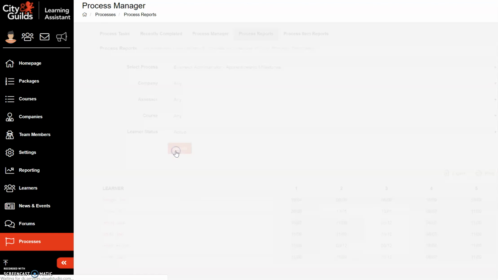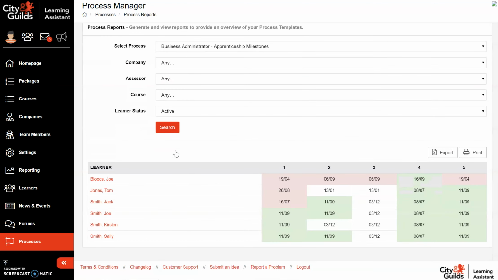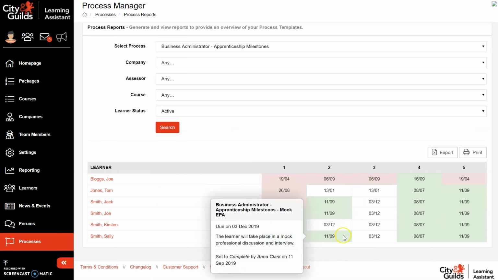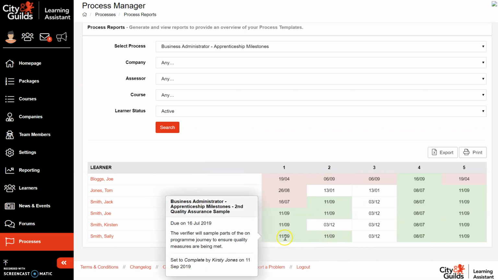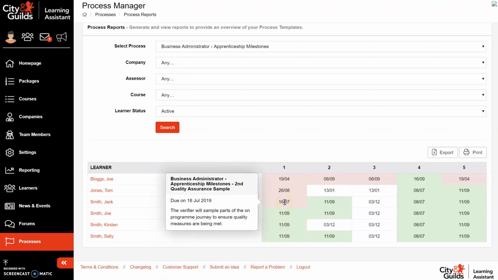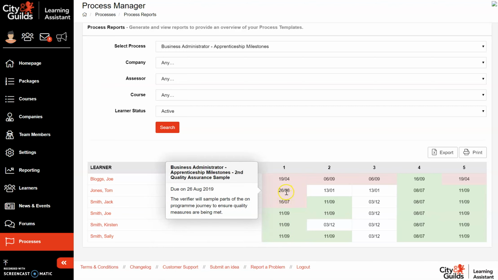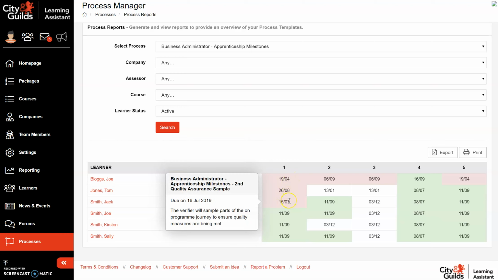Now if I come and click on this, we can see it gives us a really nice key at the bottom to tell us whose tasks have been signed off and whose are still outstanding. So what this means is for Sally Smith, this was actually due on the 16th and it was signed off on the 11th of September. It shows you who it was completed by. Kirsty Jones is actually the verifier, whereas for Jack Smith and Tom Jones and Joe Bloggs, those tasks are still